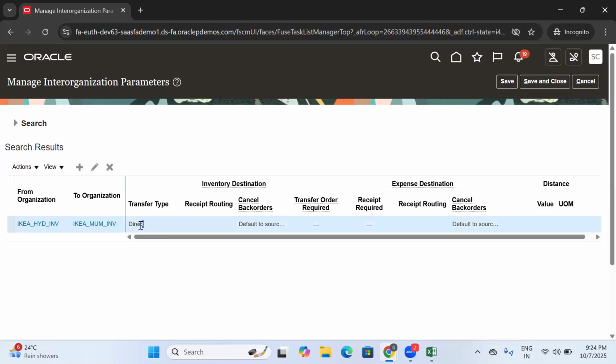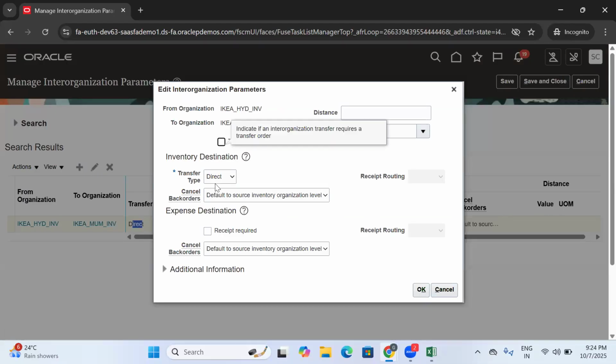Now I can change this direct to in transit. Let's click on this. If you click on in transit, then the receipt routing comes into the picture. What is receipt routing? Receipt routing is nothing but